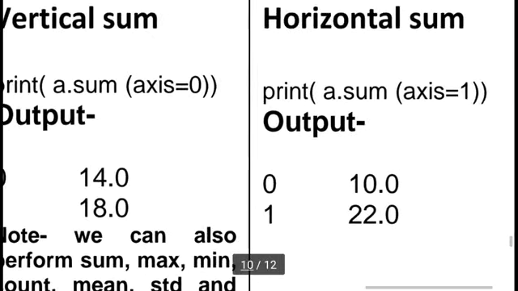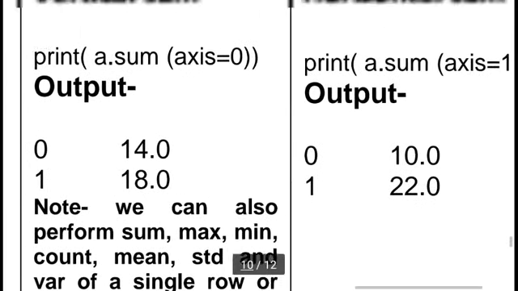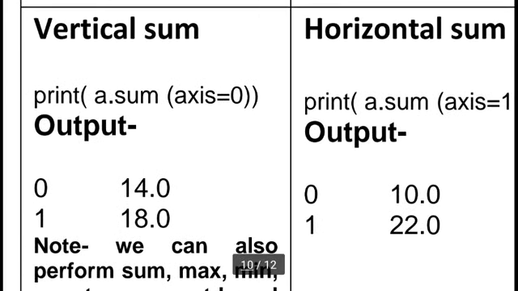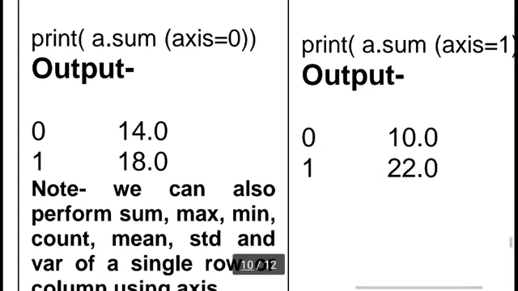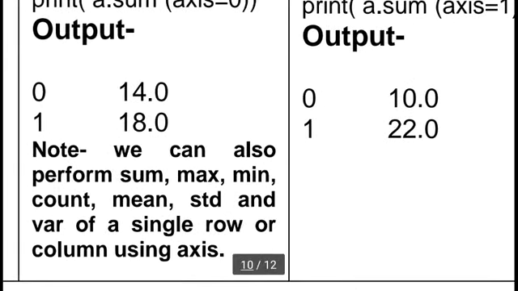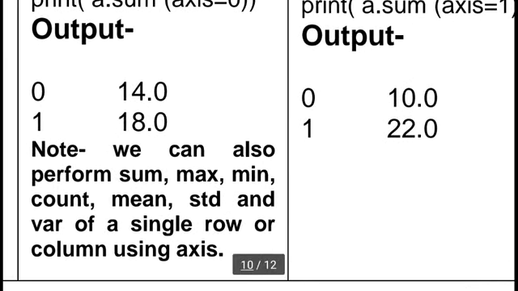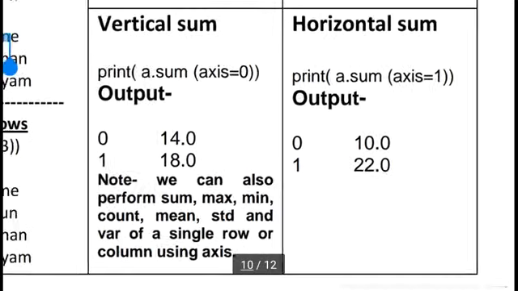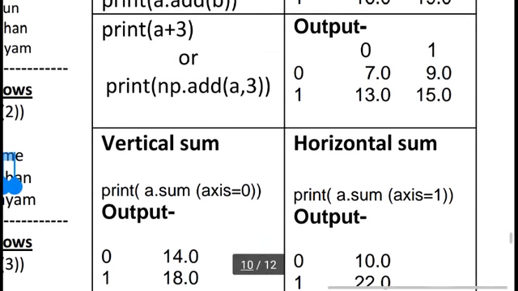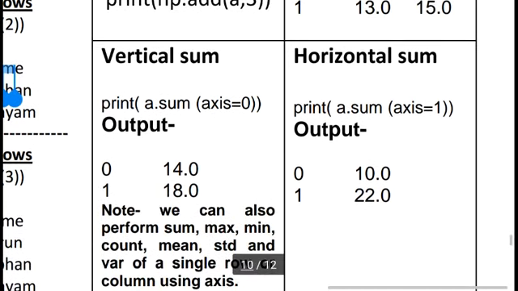Okay. Instead of sum, for a particular data type we can also use max, mean, count, standard deviation and var on a single row or column. So here I am using two data frames for addition, subtraction, division, multiplication and mod, and a single data frame for a particular value we add. Or instead of add, we can also perform max, mean, or other kinds of statistical functions.